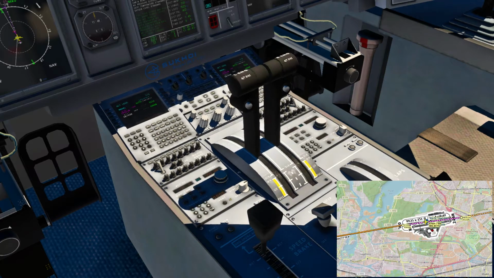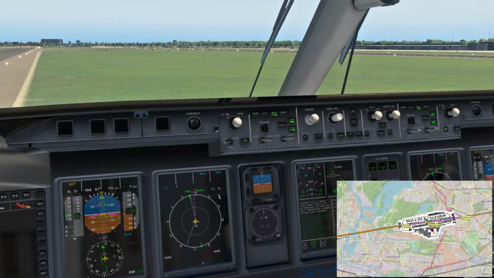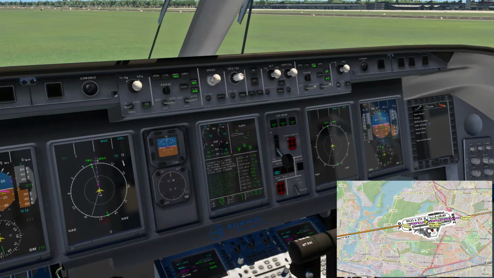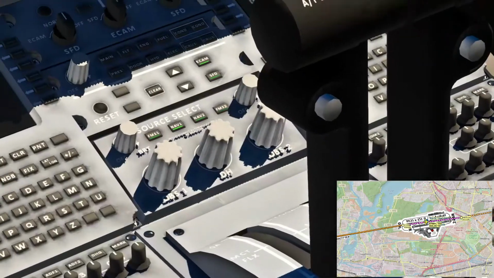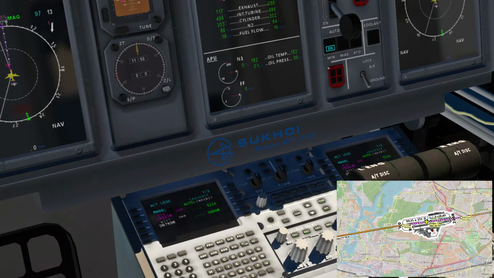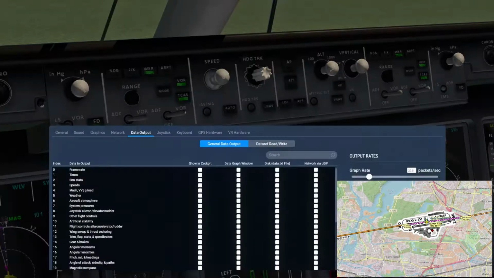Oh. Can I? So, the lock is to ground. Can I? I cannot steer. Why can I not steer? Hello? Hydraulic. No, that's not what I want. I want... Yeah, look at that. I cannot steer. Why? Is that my...